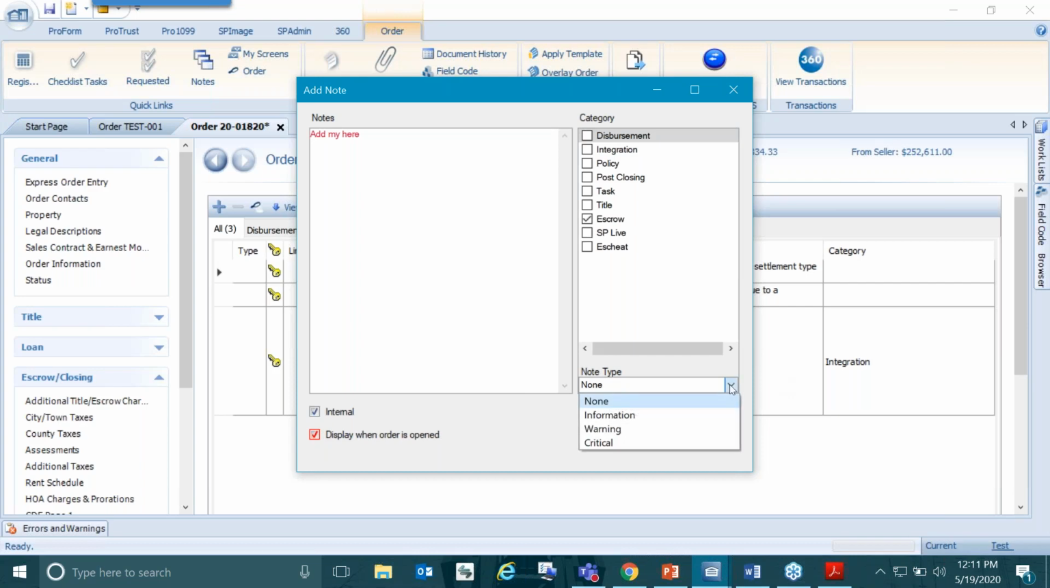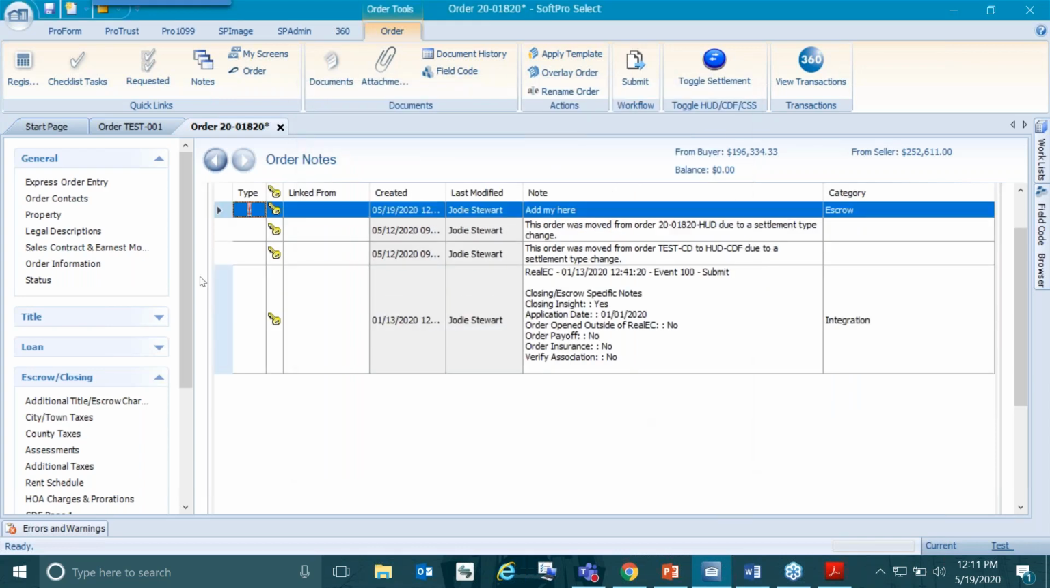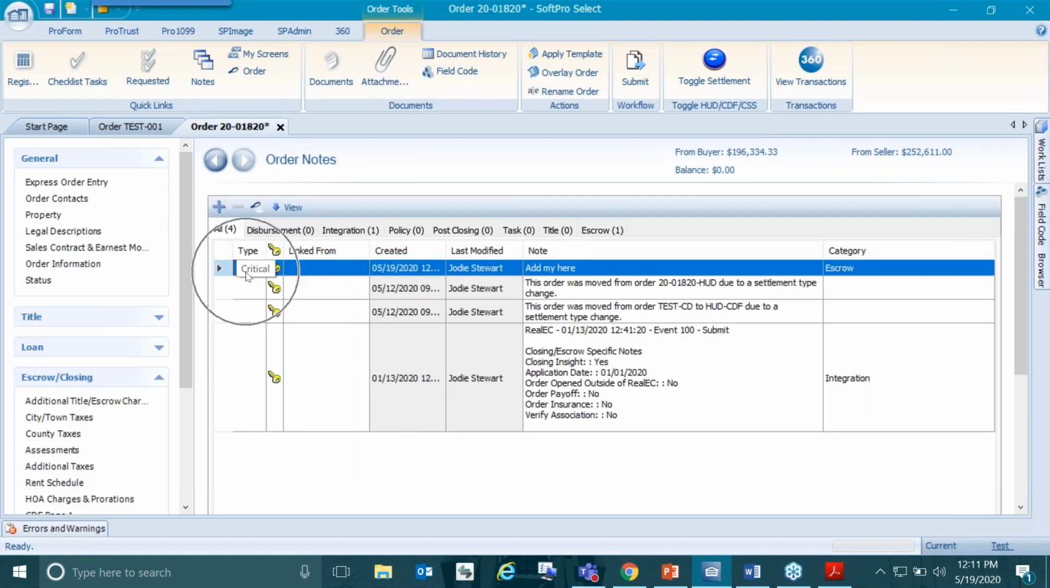I can select what kind of note this is: if it's informational purposes, a warning, or critical. These are things that will put an icon in front of that note so that I can visually see this information. And once I hit OK, notice it puts that icon in front of that information, the type, and it tells me it's critical. But when I save my order and I exit the order and another person goes into that file